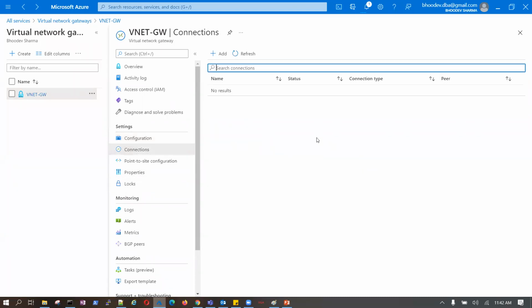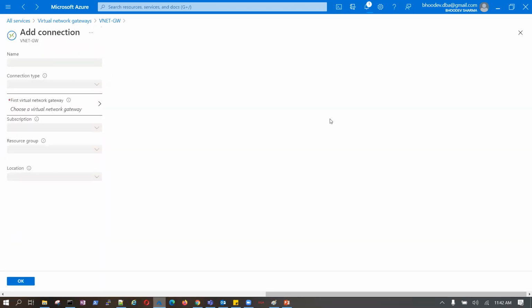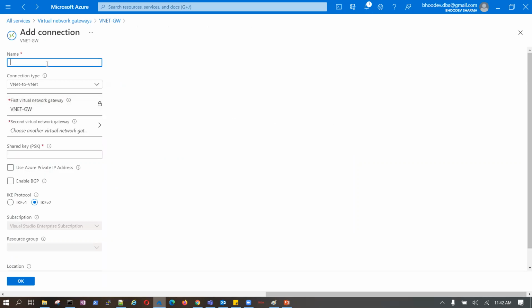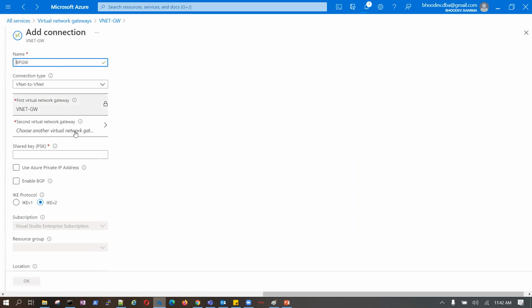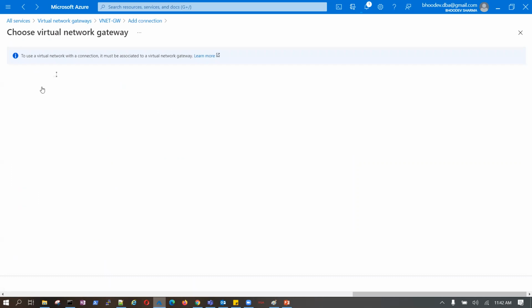Connections. Let me add. Now I say BGP, BGPGW. Choose virtual network gateway. If I have a virtual network gateway, this is already being used.